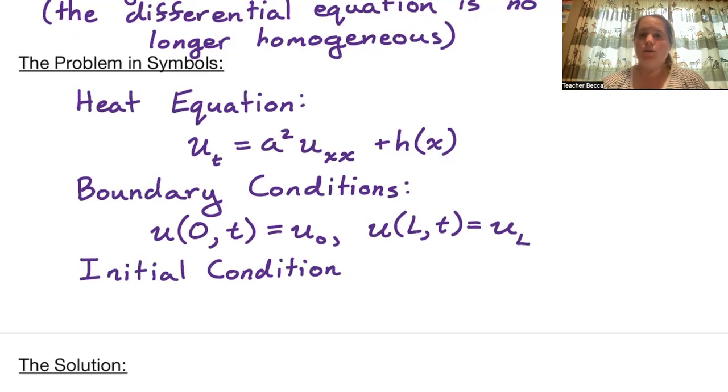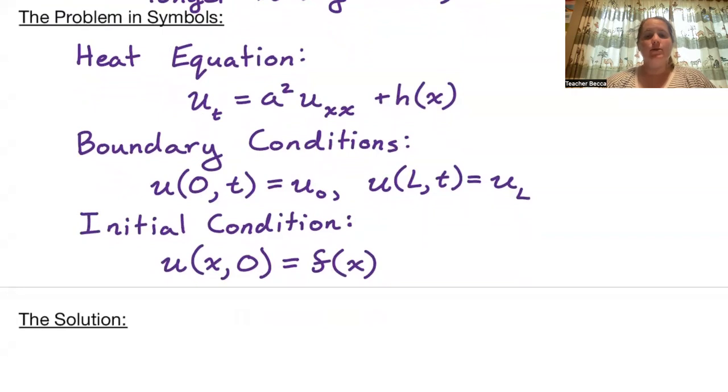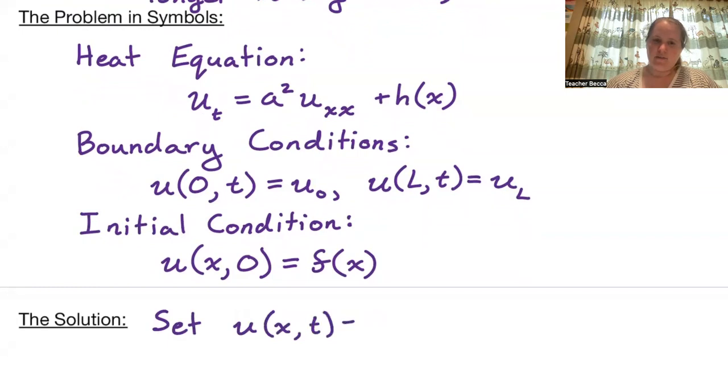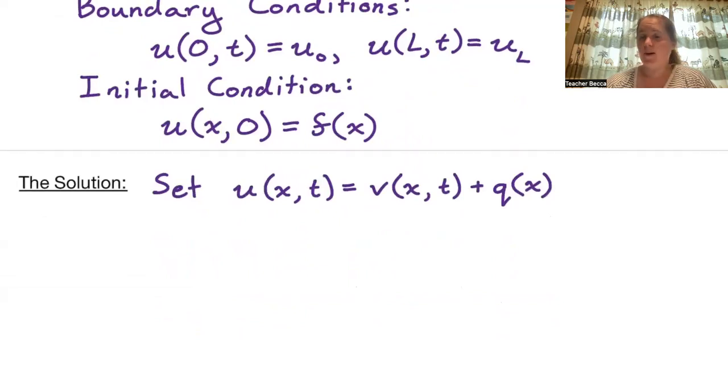All right, so again, we have our same initial condition we're used to, which is the initial temperature at position x. In other words, u of x,0 is equal to f of x. So in finding the solution for this, we are going to assume that our solution comes in two parts. So let's set u of x,t to be equal to v of x,t plus q of x. And then we are going to find q and v that make this problem easier to